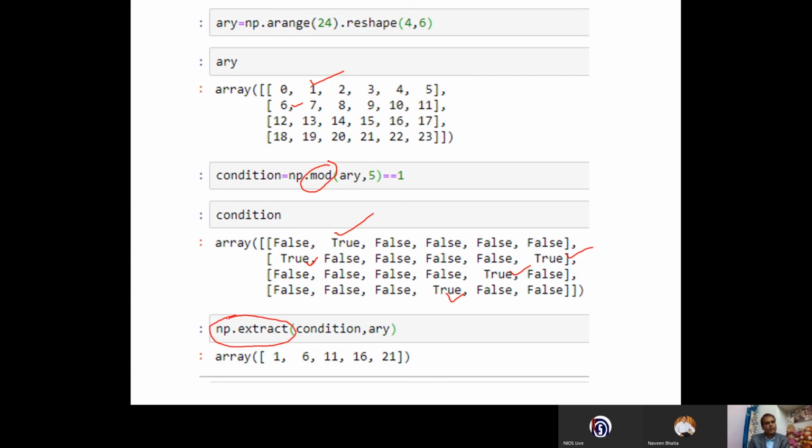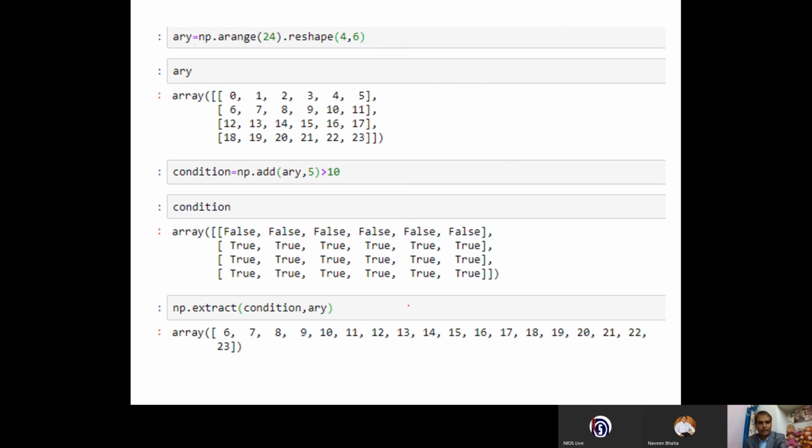Whatever condition or mathematical operation is applied on the array, if you want to extract that result only, you can use np.extract with the particular condition on the array. Another example: greater than 10, I am asking.